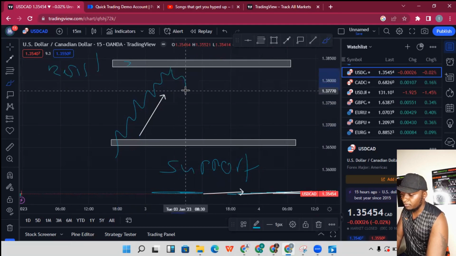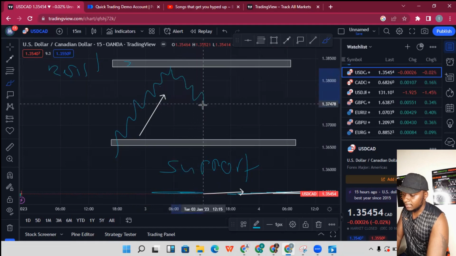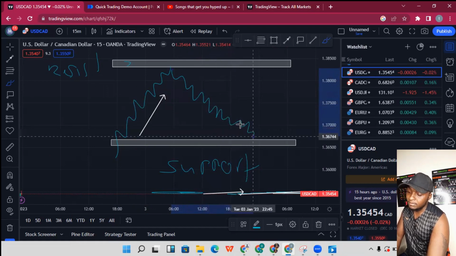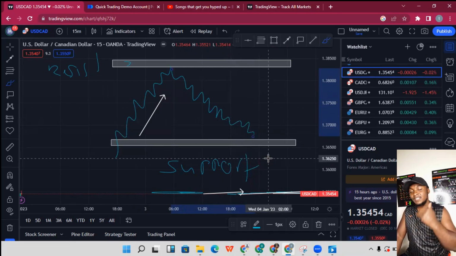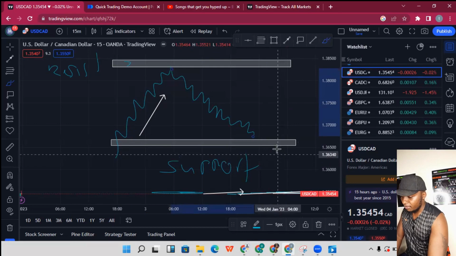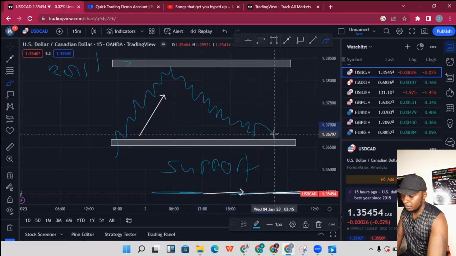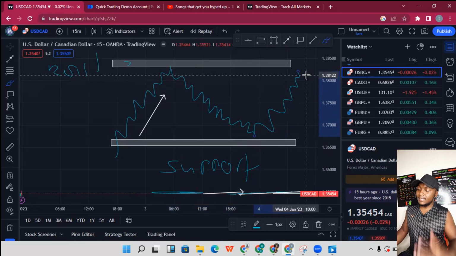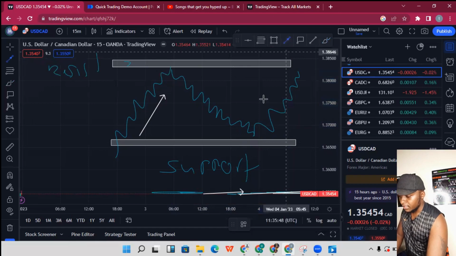So I have this coming this way. These are sellers, and then it comes to the support level. So on this support level, when it touches, price will have to react, whereby we'll have buyers coming in based on the support level. Buyers coming in, okay? So that is how support and resistance are drawn, and that is how you're able to identify support and resistance